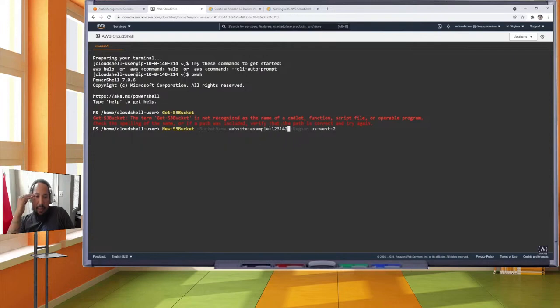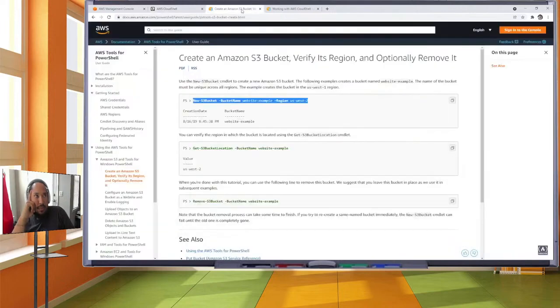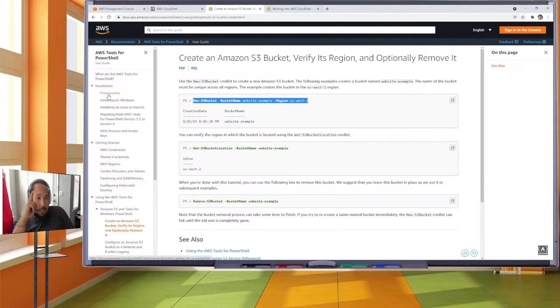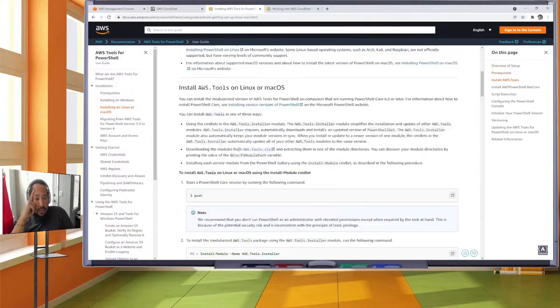No, the commandlet is not installed. The term new bucket is not recognized as the name of the commandlet function. So I'm guessing that the commandlet's not installed. I would have thought that they would have installed it by default. So I guess what we'll do is look at how to install it. So installing on Linux, I suppose. Well,